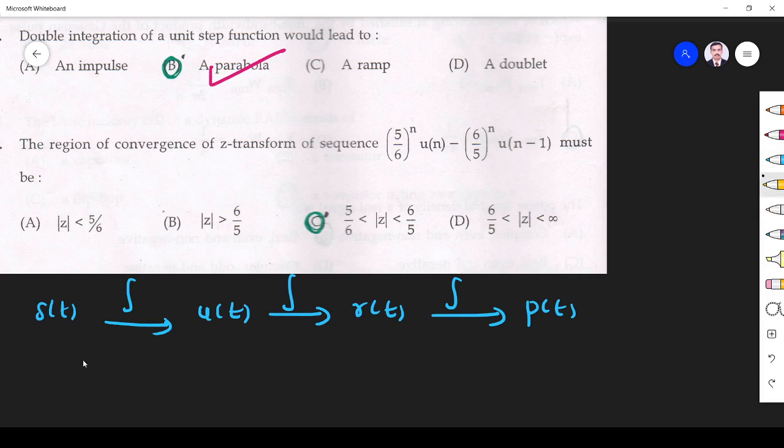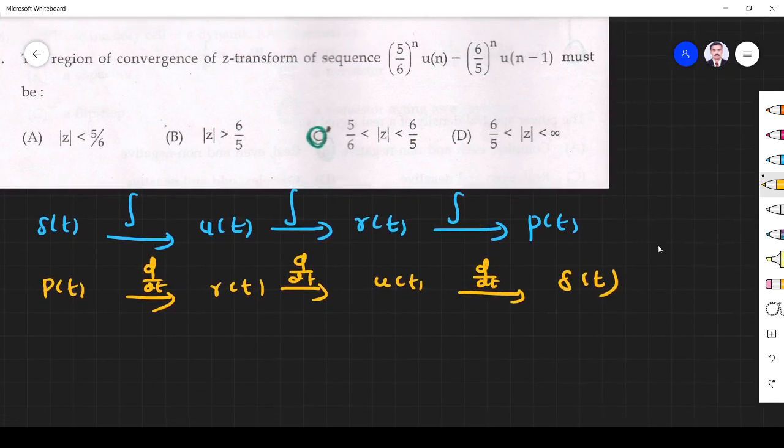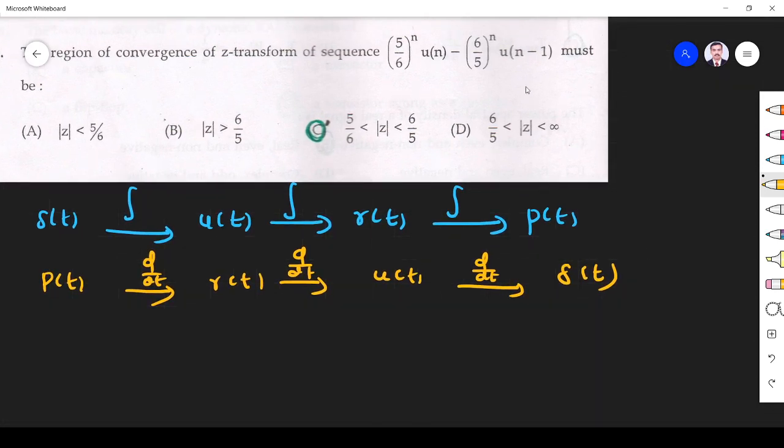Similarly, we must also remember that differentiation of parabola will give ramp. Differentiation of a ramp will give unit step. Differentiation of unit step will give unit impulse. Please remember. Okay. Next one, the ROC of the Z transform of the sequence (5/6)^n u[n] minus